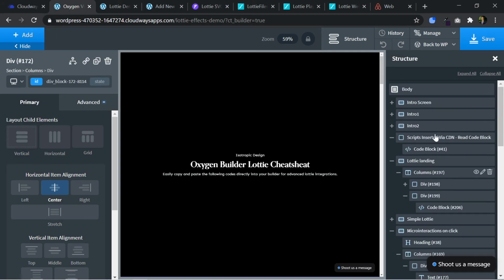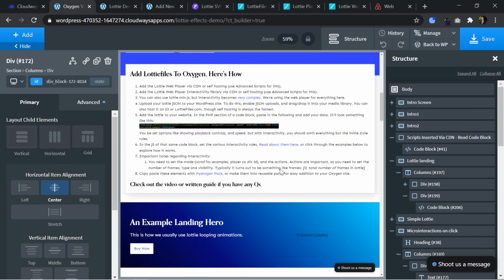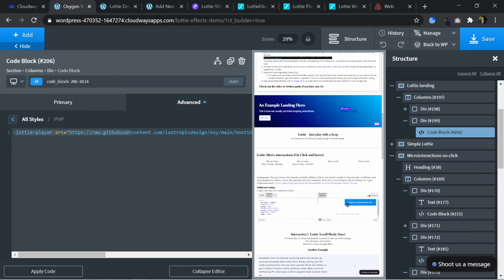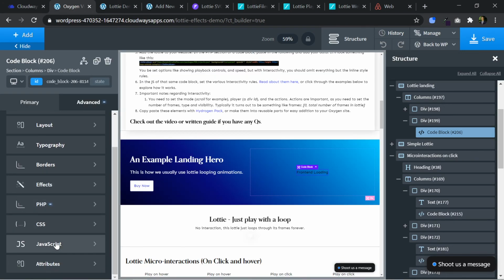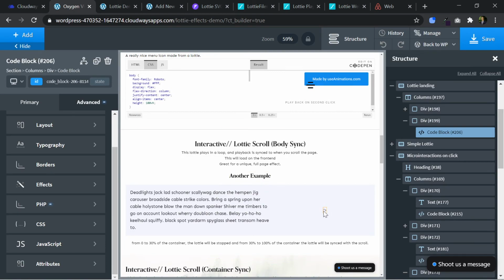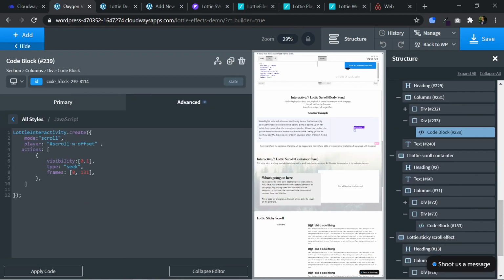So you can go into the section and you can click on each individual Lottie element and see, oh, he added it by doing this PHP HTML code. Oh, he set it to move around on the page by using this specific JavaScript. And you can do exactly what I'm doing on this screen and just click through and see how it works. So I recommend taking a look at the blog post linked below. I recommend downloading this and taking a look on your website,